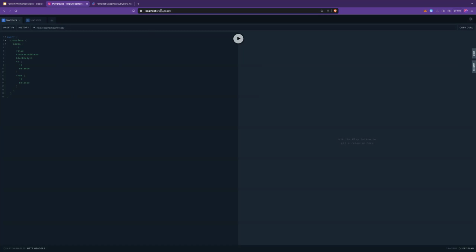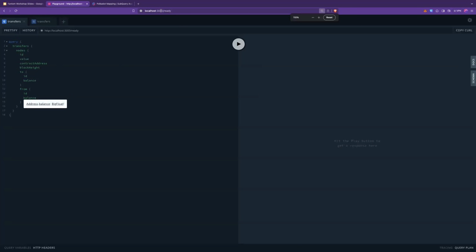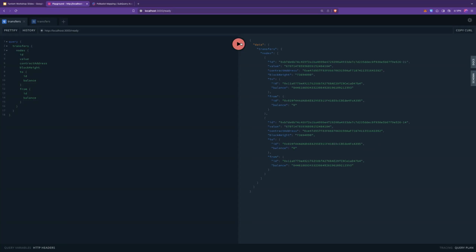So yeah, I can now query data, and query according to the schema that we've previously manifested. So we made transfers queryable, for instance. Here is an example query. If I press play, I will see the data. I will see that on that exact block height, we have a transfer from this account to this account, and we've also updated their balances.